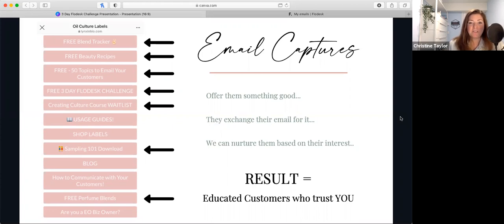So those are lots of different examples. Remember to offer them something good, then they exchange their email for it. And then once they're on your email list, you can nurture them based on their interest. So again, we said we have the 2 different customers. We nurture